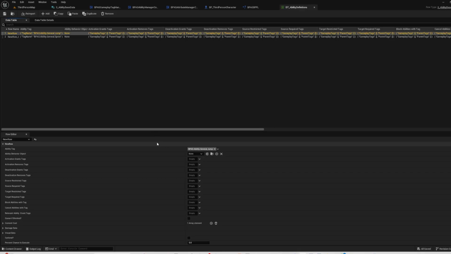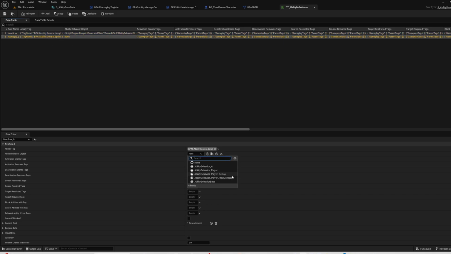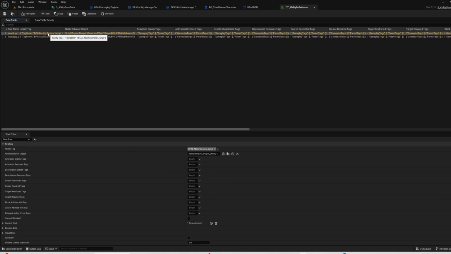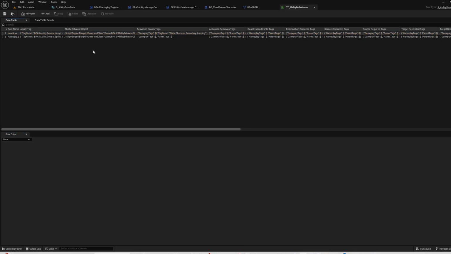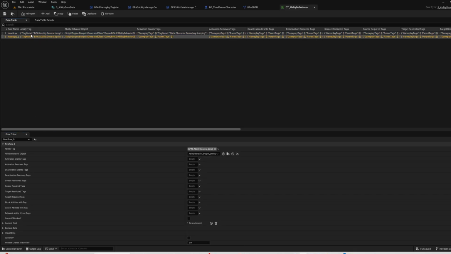And basically I want to just put this debug for both of these. And for the jump, when we activation grants jump, I want to give it the jumping state. And then when we try to sprint, I want to say, so actually in our jump where it says block abilities with tags,